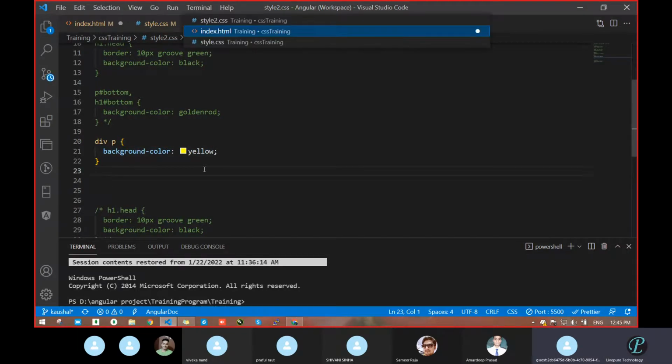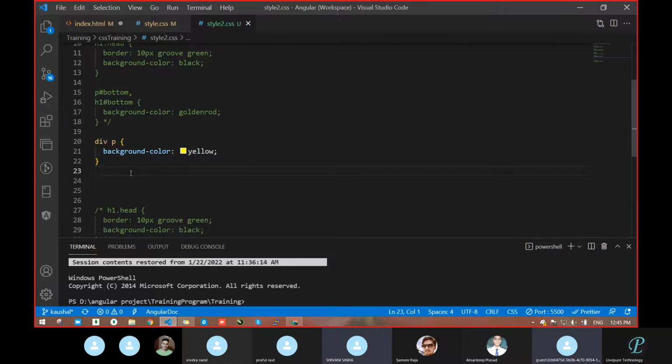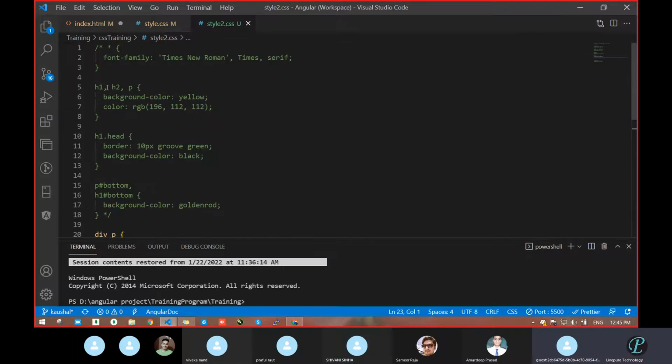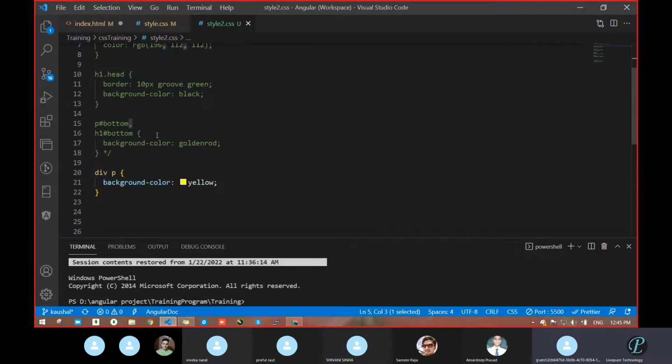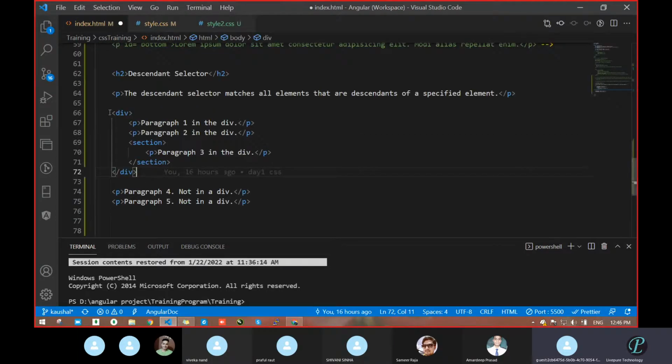So now come to our code here. Sir, is a space compulsory for simple selector also? No. In the case of simple, it's not compulsory. It is comma separated. In the case of that, comma separated is compulsory. But in the case of a descendant selector, a space is compulsory. We will verify by removing that, then what will happen? We will check. So div and P, it's searching for the relation between div and P. So first we will check with the div. Div and P is related, correct?